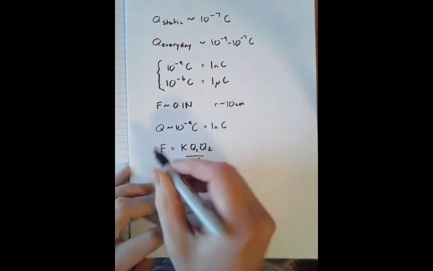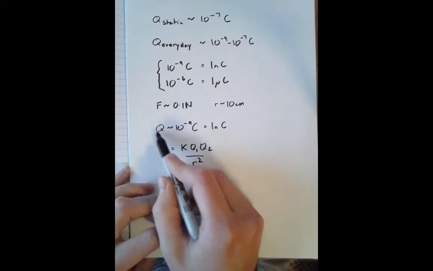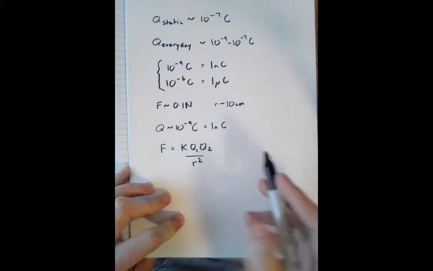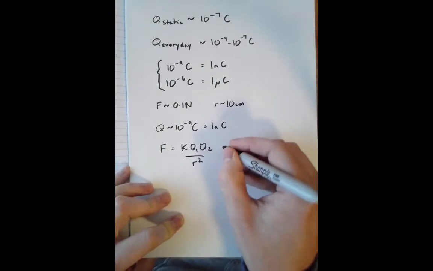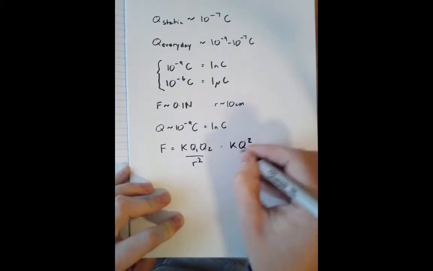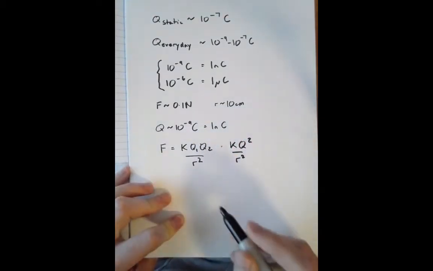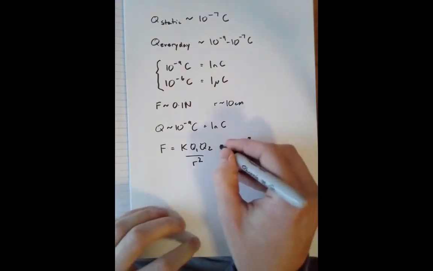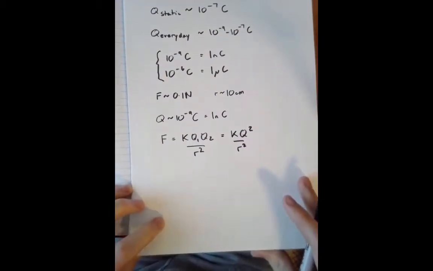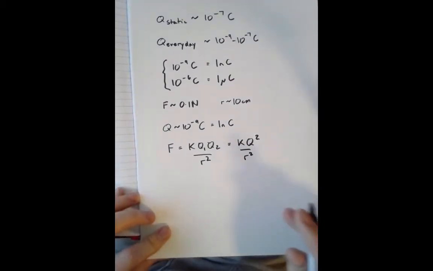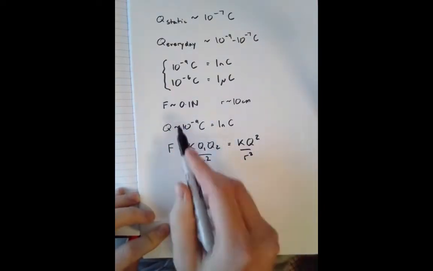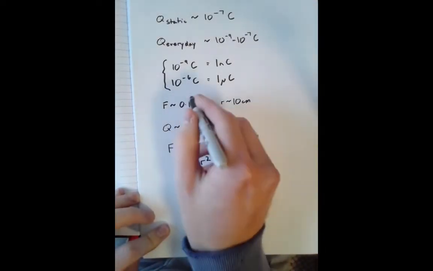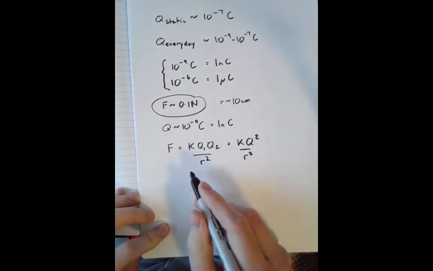Okay, and Q1 and Q2 are both equal to, we call them both Q and set them both equal to 1 nanocoulomb if they're both the same charge. This is k Q squared over r squared. So you could plug in the numbers and calculate the force. But if you're doing that, then you are wasting a lot of time and effort. Okay, you need to make use of a very useful skill, that of proportional reasoning. Okay, so what we note is that we know we have a reference force of 0.1